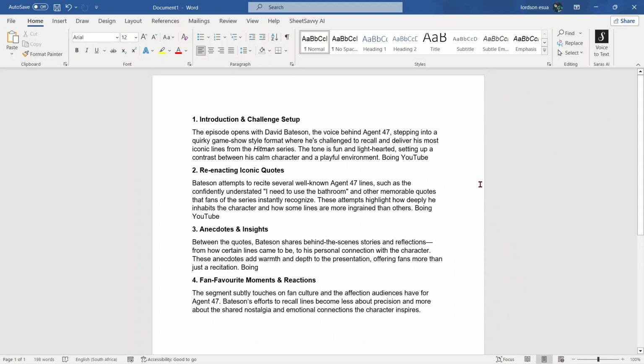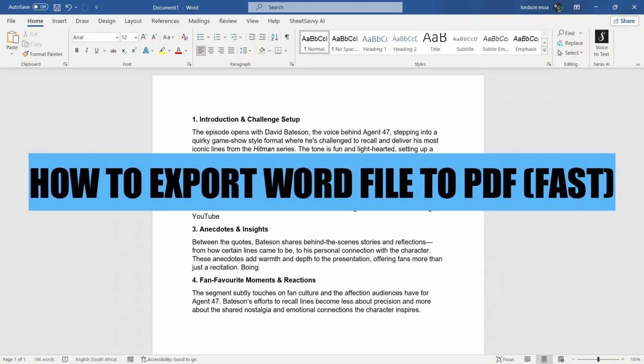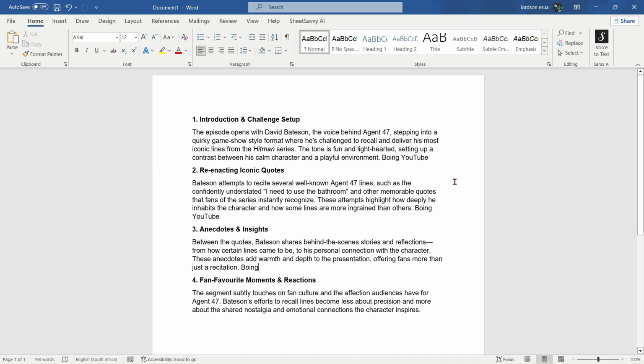In this video, I'm going to show you how to export Word file to PDF fast. Let's begin. Alright, so I have some text here within my page, and let's say that I want to save